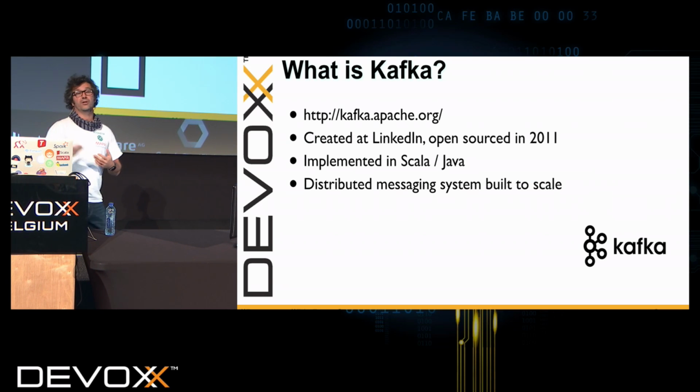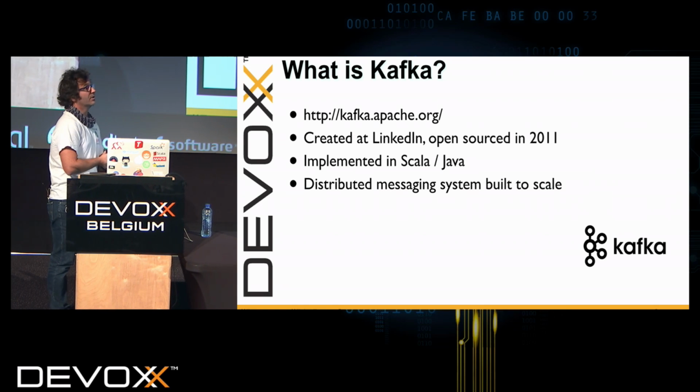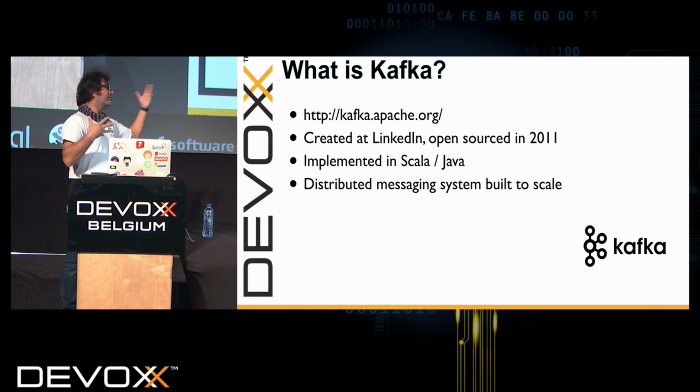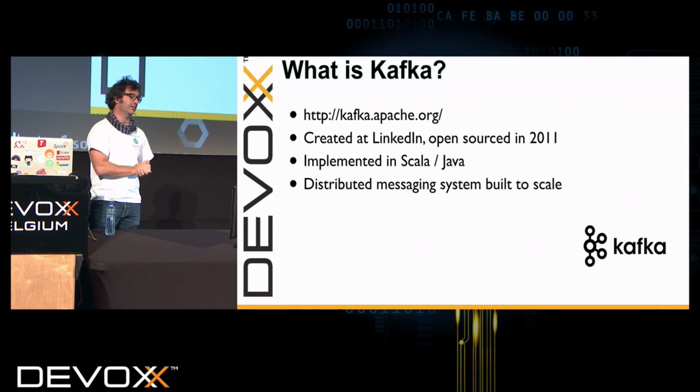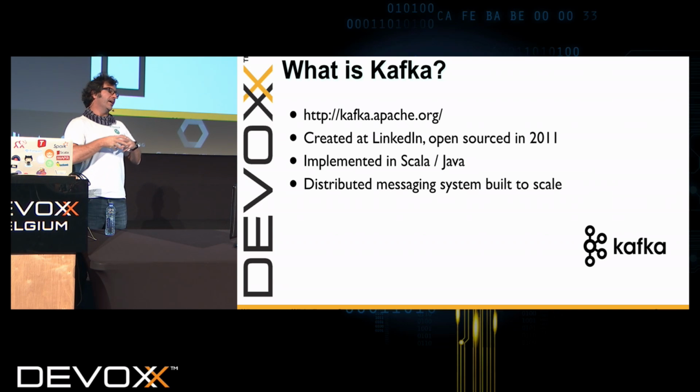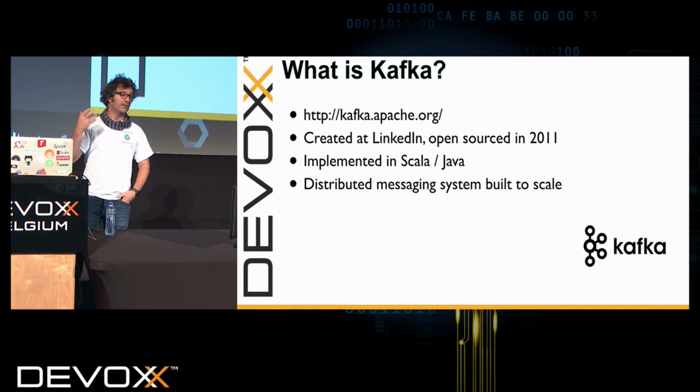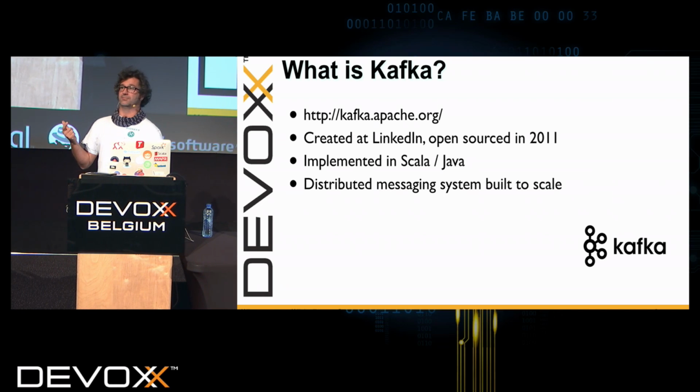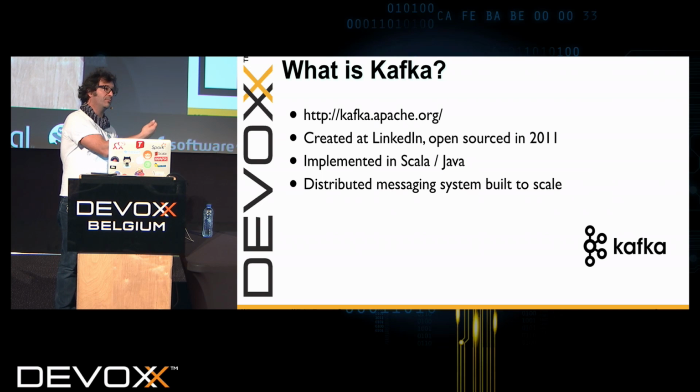So I use a Kafka API in this demonstration. If you don't know Kafka, here is a very, very quick introduction. It has been built by people at LinkedIn, who created a company since, and it is implemented in Java and Scala mostly. The goal is to have a distributed messaging system that can scale easily. And the important part, because of the way it's implemented, is that it's distributed messaging, easy to scale, exactly for the same reason